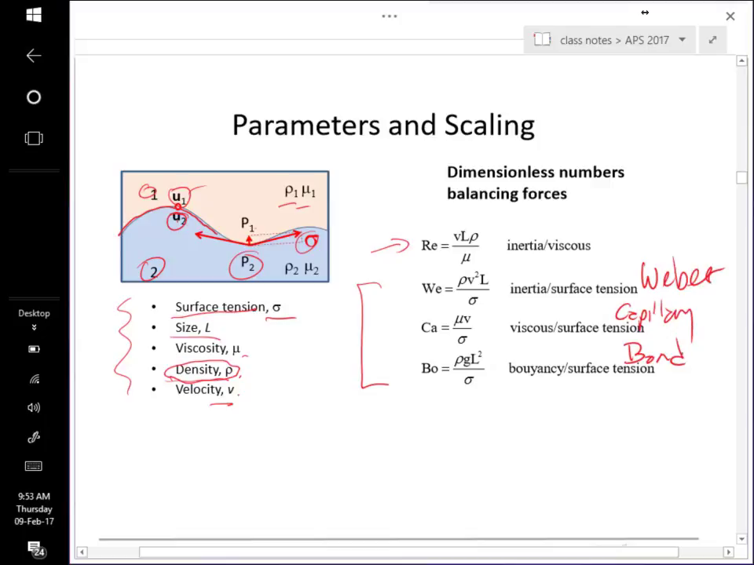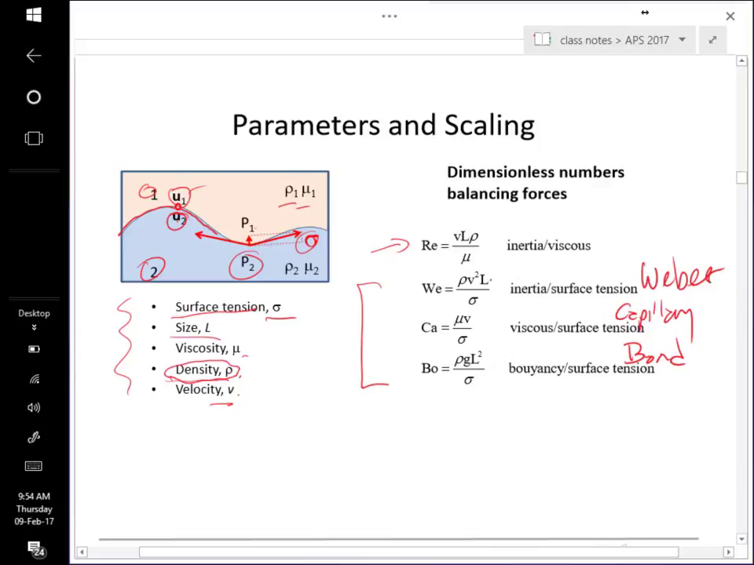And in all cases, we've got these different forces. For the Reynolds number, we've got inertial and viscous, and so for Weber and capillary, we just take those forces and scale them to the capillary forces. And then for the bond number, we introduce the buoyancy force and scale it to the surface tension. Okay? So what you see from this is